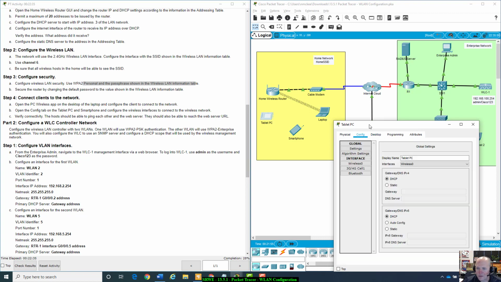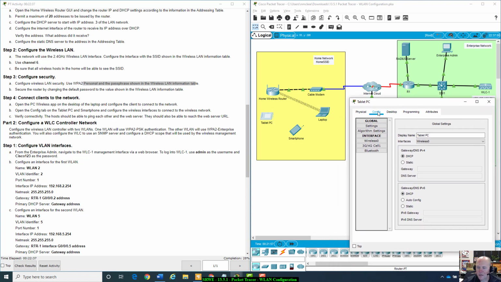And always click on the wrong things for the tablet and the smartphone. You actually need the config tab, not the desktop tab. All right. Open the config tab on the tablet PC and smartphone and configure the wireless interfaces to connect to the wireless network. Okay, so